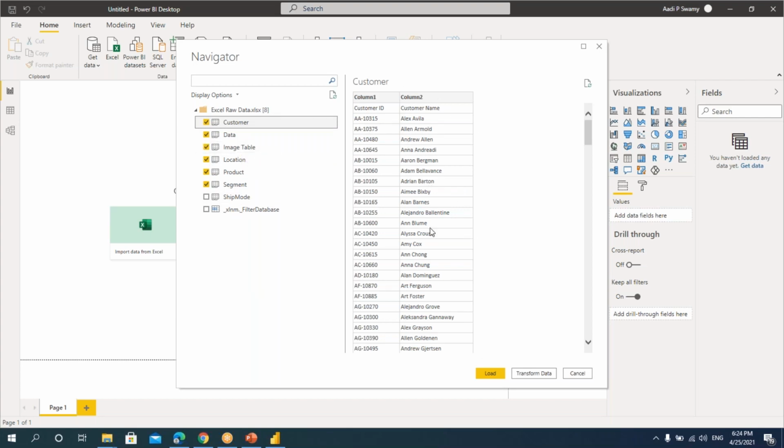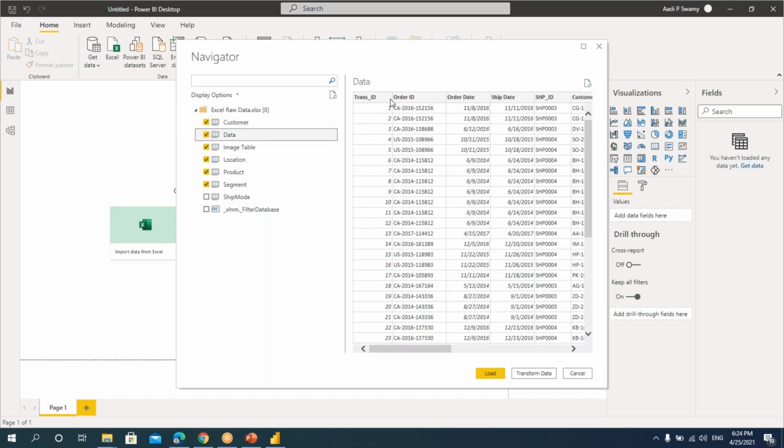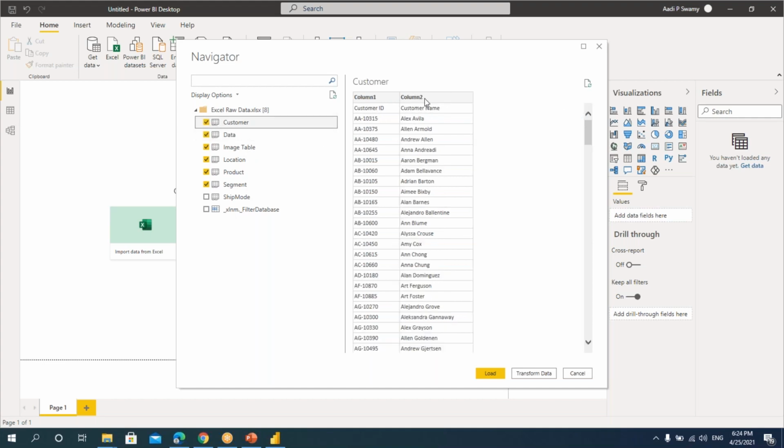If you see that preview, we have the data here, but you can see it says column 1, column 2. Just below that I can see that it says customer ID and customer name. But let's go and see a few other tables. I'll click on this data. Here I have proper headings. But if you see this customer table, it says column 1, column 2 where the headings are not proper. The heading has come in the data section. Now what we'll do is